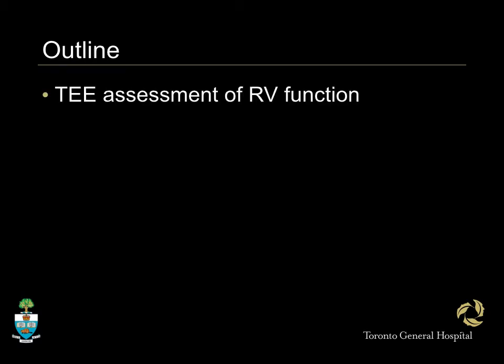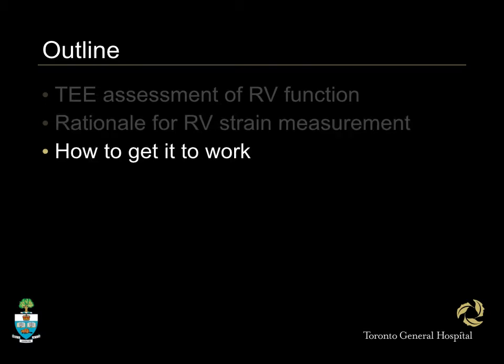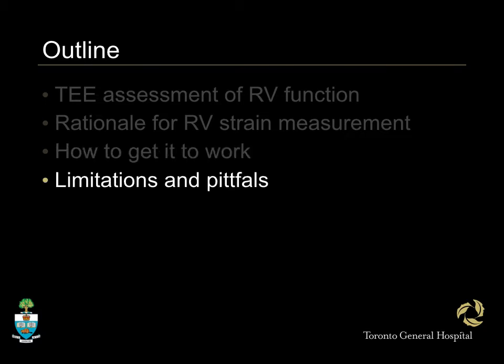And what we're going to talk about in hopefully the next 40 minutes or so is the assessment of the right ventricle using transesophageal echocardiography, and most primarily the challenges of assessing the right ventricle with echo in general, but in particular with TEE. We'll talk about the rationale for RV strain measurement, and how to get it to work with different systems. And we'll finally talk about limitations and pitfalls, because as with all techniques, there are limitations and pitfalls also for